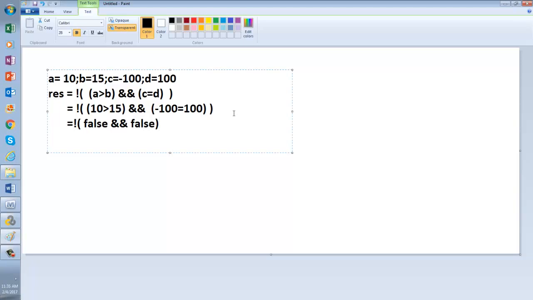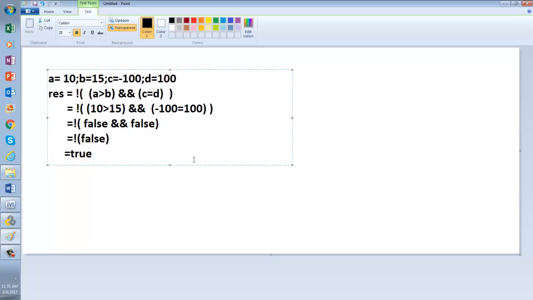So false and false, what will be the result? False. False and false is false. And then you have not. So not false, what is that? True. Even though it's false inside, we are flipping it.